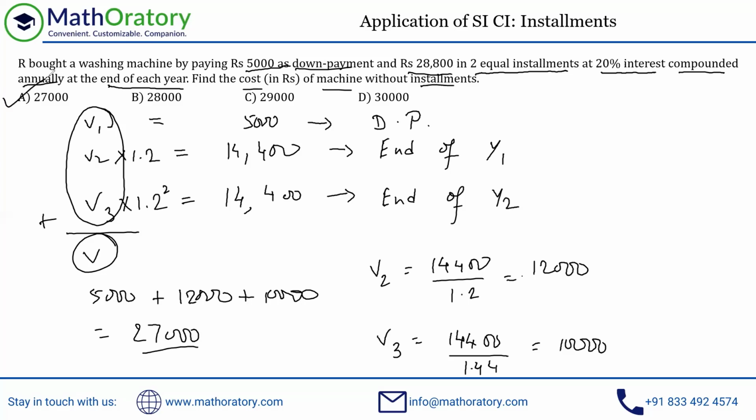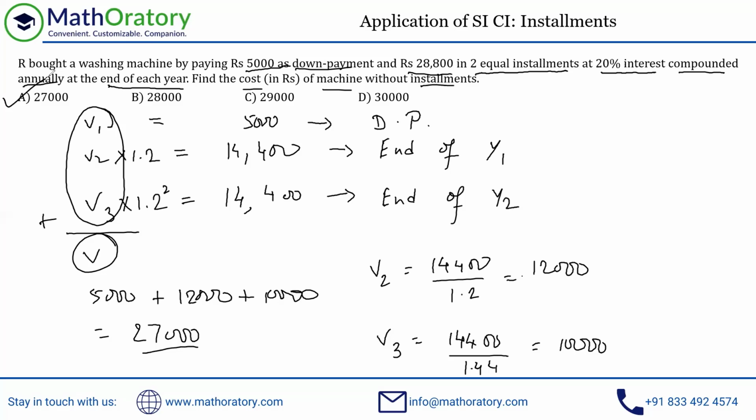So a pretty easy way to look at these kinds of problems. All you have to do is be well aware of the ideas of simple interest and compound interest. You should know the distinguishing factor between these two. And in installments, just think about different parts of the values which are scaled up or scaled down. So all the variations that are built on this type of problem have the same basics. So these are the basics you can apply.